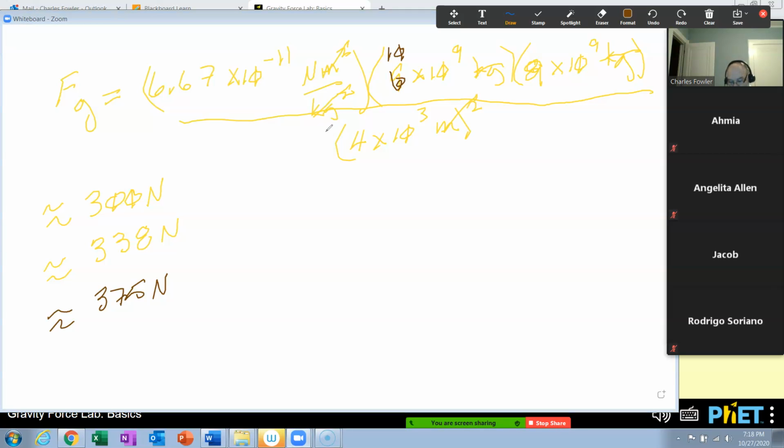and this will now be, this one will go to 10 times 10 to the 9th, or you could have done 1 times 10 to the 10th. It doesn't matter. Okay, so let's get our calculation. 6.67 EE 11 negate times 10 EE 9 times 10 EE 9 divided by, open parentheses,